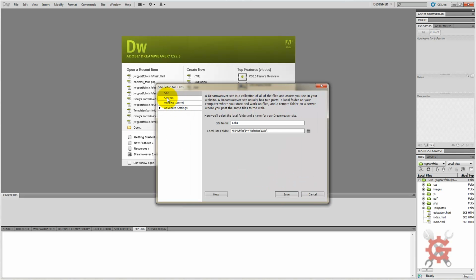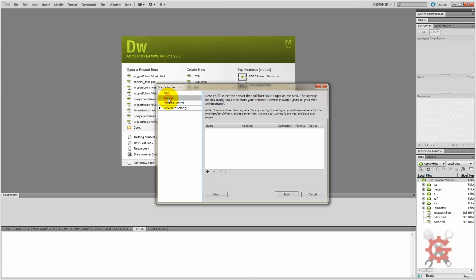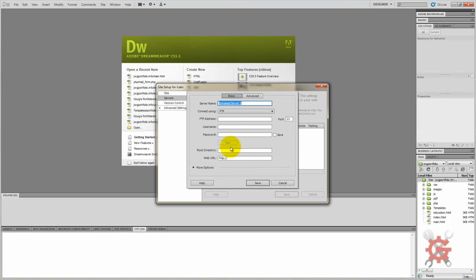Alright, then you want to come over here to the sidebar and click servers, and then hit this plus sign, and this is going to add all the information you need for the FTP client. Once again, server name, you can name it whatever you want. I'm just going to name it iLabs,